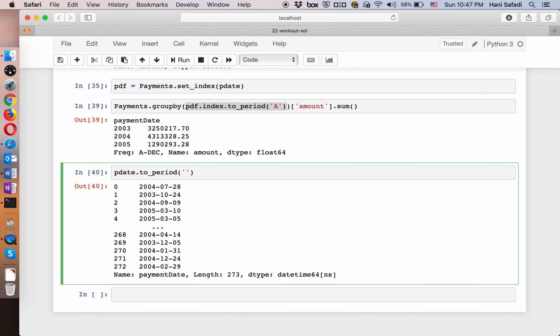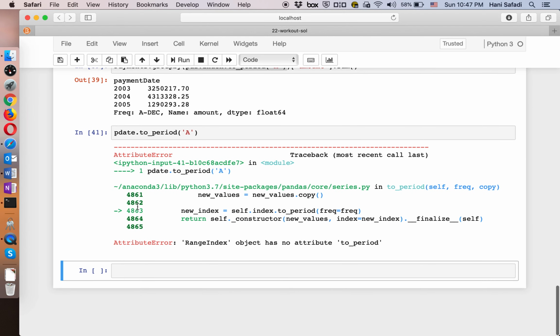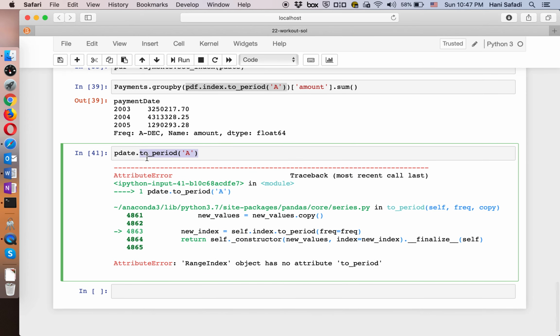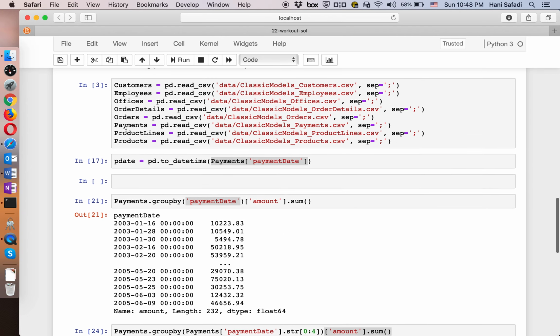Well, it does. So let's see. So see, it's giving me the errors because the index is a range index, it's not a period index. So the function exists, but it's conditional on the index being a datetime index. Okay, so